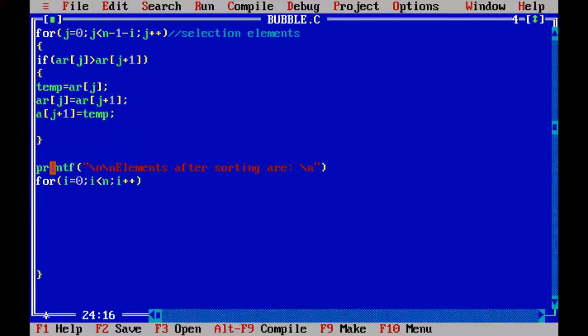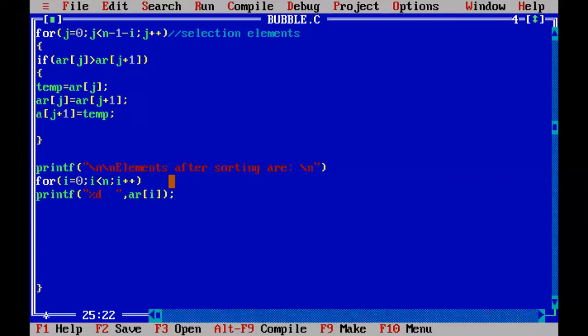So 0 to 4, 5 iterations. For 5 iterations, execute the printf 5 times. Each time, you print one element with percent d, with some space and comma. How to replace it with AR of 0, 1, 2, 3? Instead of writing 1 2 3, you write the i variable that will iterate from 0 to 4. So with this we are going to print all the elements.